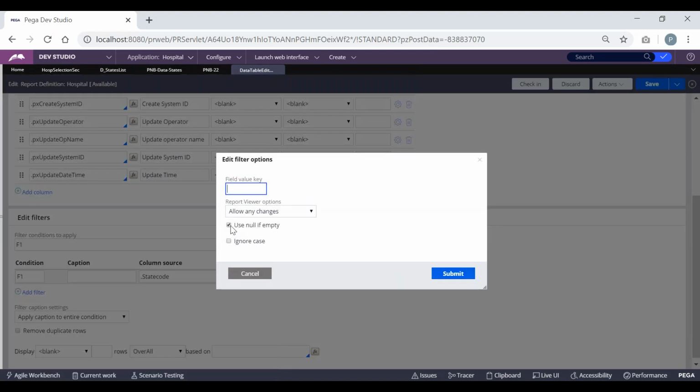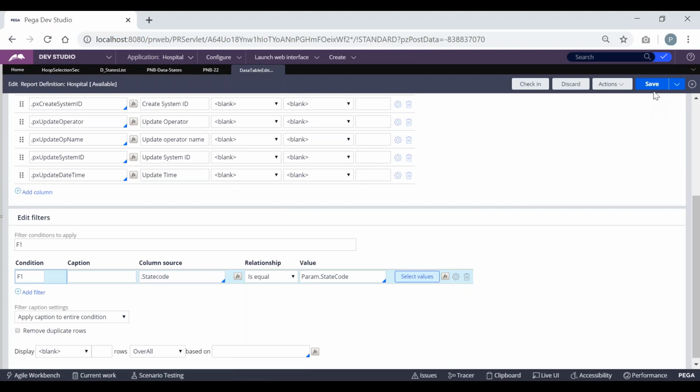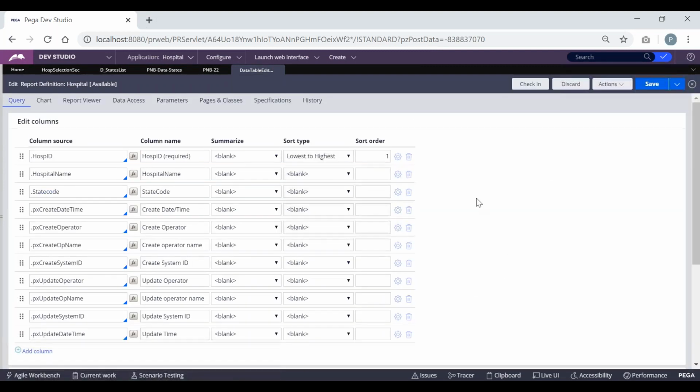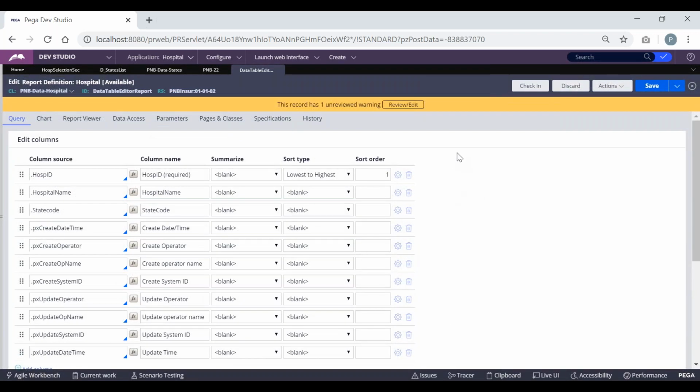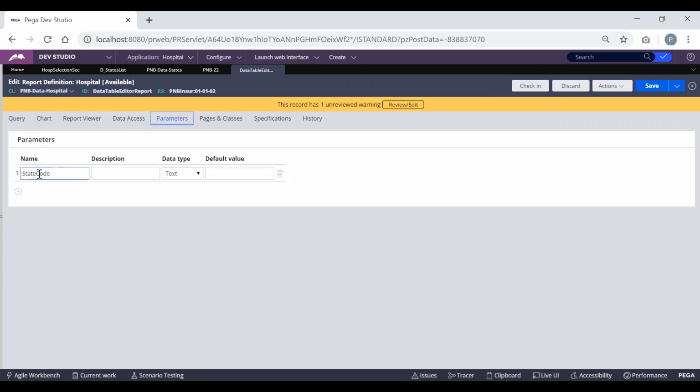For better understanding, I'm just removing this. I'm resetting it back so that you'll understand the importance of this in the later class, in the coming discussions. So what we have done is we have to send one value as a parameter to this. For that, I have defined that value. It can be any meaningful value.